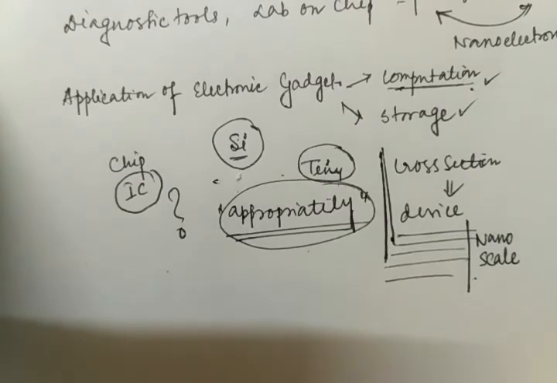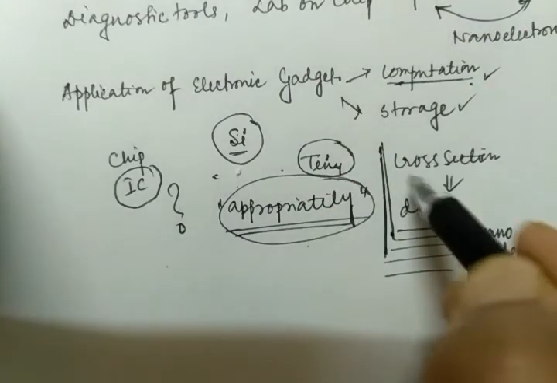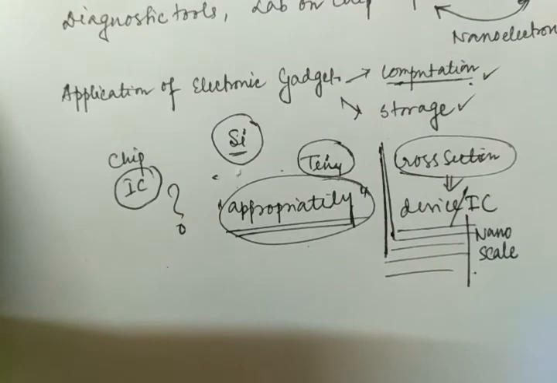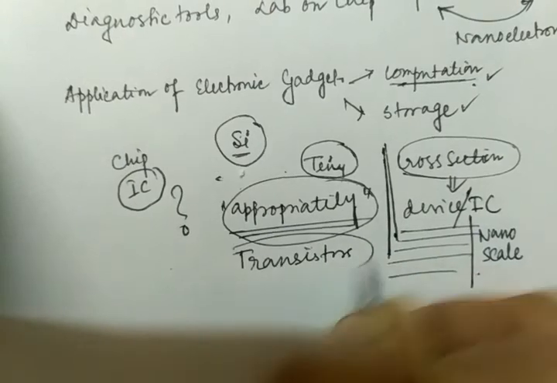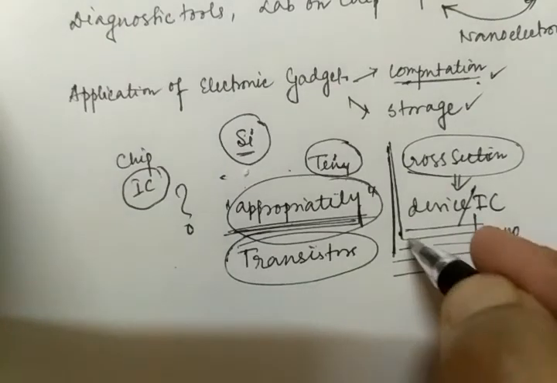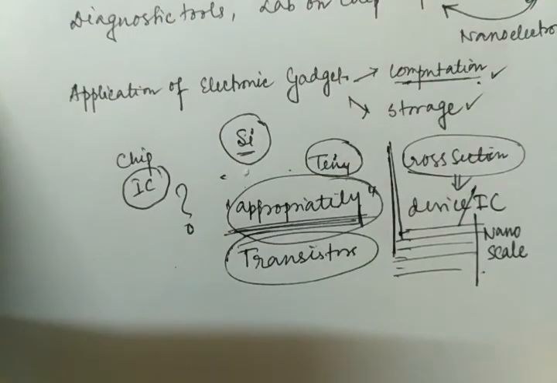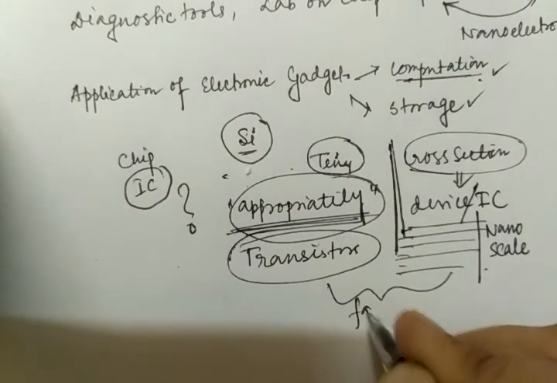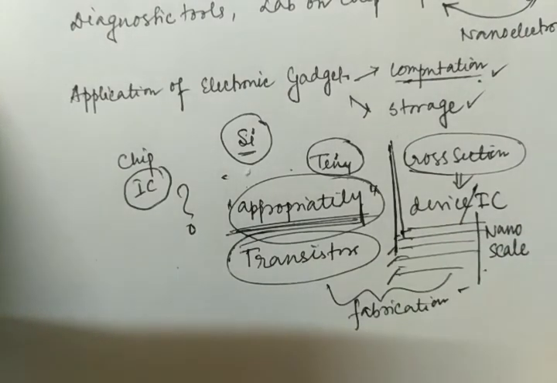But before that, just think in a very easy way: what is inside the chip? If we see the cross section of an IC device, we will see that a large number of transistors are connected appropriately with proper interconnection lines, and with so many different kinds of layers, because a device is formed layer by layer. For that purpose various techniques are used for fabrication. This layer by layer making of a device is the process known as fabrication.